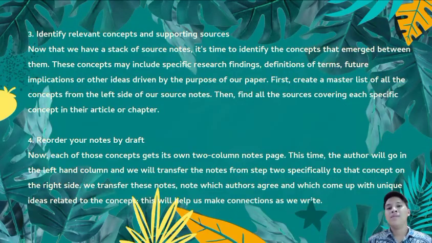The third, identify relevant concepts and supporting sources. Now that we have a stack of source notes, it's time to identify the concepts that emerge between them. These concepts may include specific research findings, definitions of terms, future implications, or other ideas driven by the purpose of